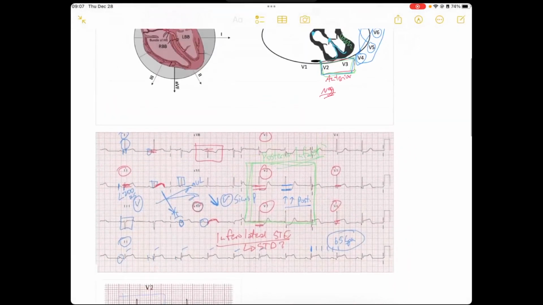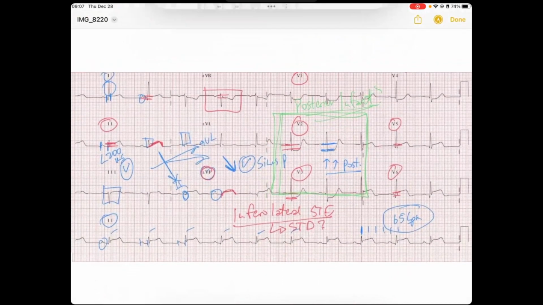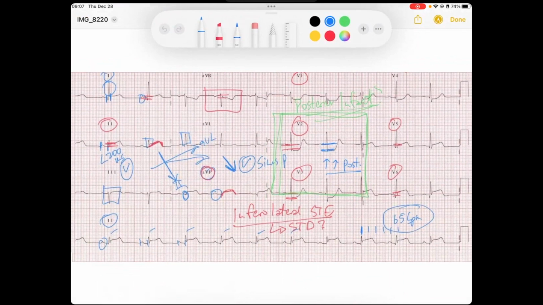So ultimately, what is this EKG? We've got a sinus rhythm. We've got inferolateral ST elevation with posterior extension. So this person is having an acute infarction,